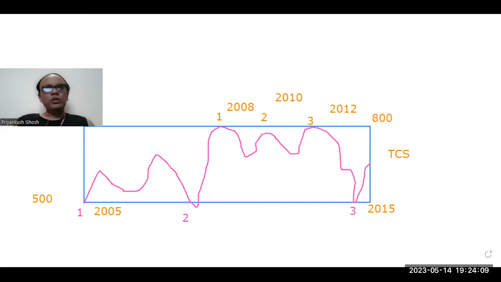25 30 years later it will go to 5,000 at least. ठीक है. 5,000 10,000 भी जा सकता है. So because blue chip stocks historically have given such enormous returns, and in future also it will keep on giving enormous returns. But there will be certain time periods in between where it will not give any return. So this was also that kind of a time period, 2005 to 2015, जहाँ पे वो stock ऐसे ऐसे